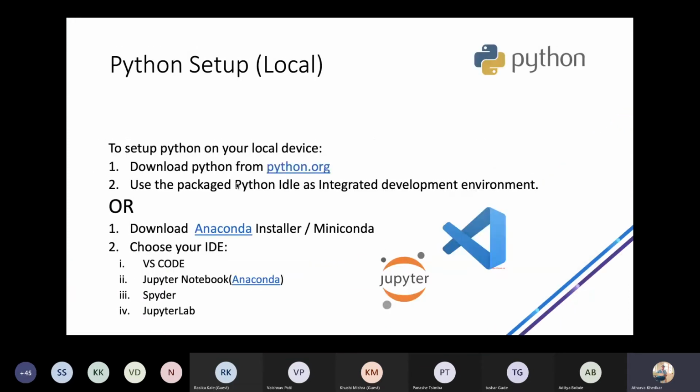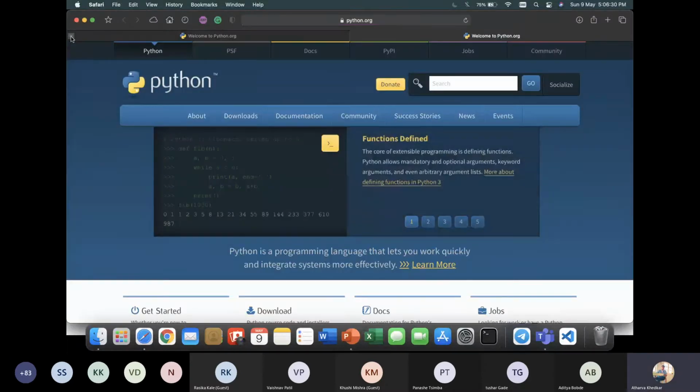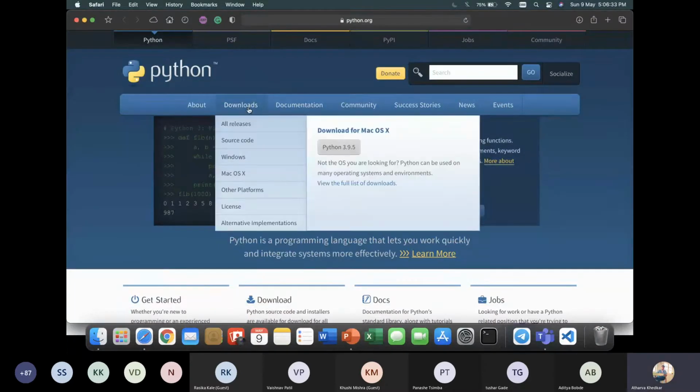So let's begin. As I was telling you about installation of Python, we just went to the python.org website, and here you can see this is their site. You can just go to download and download whichever platform you are choosing.